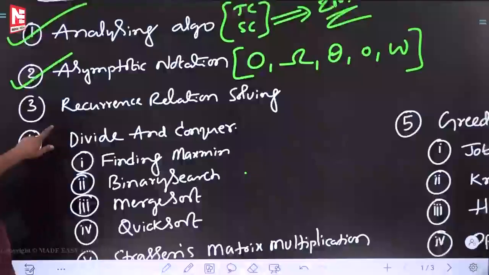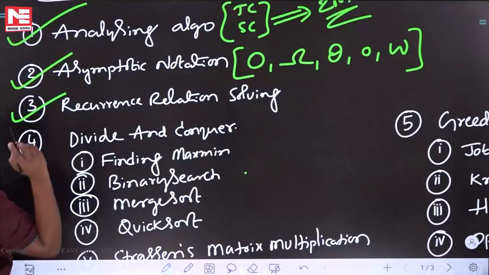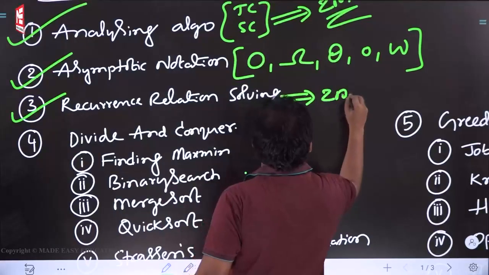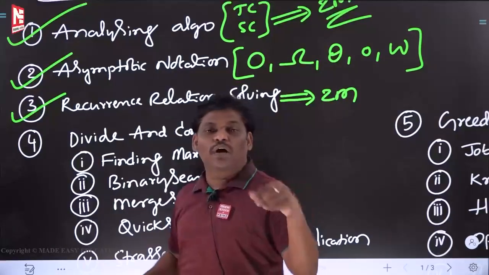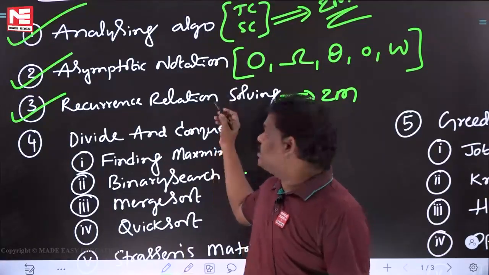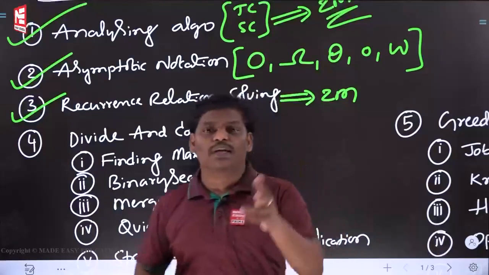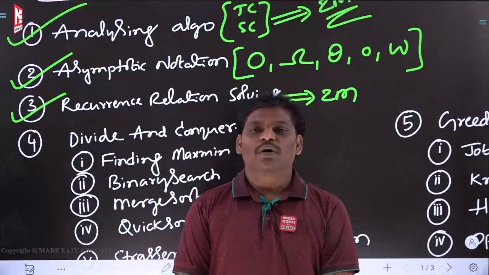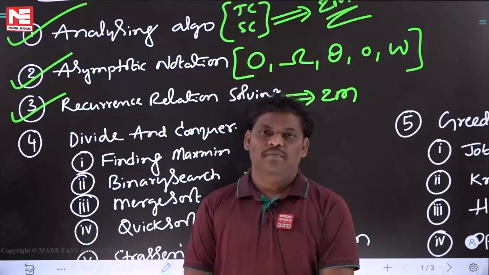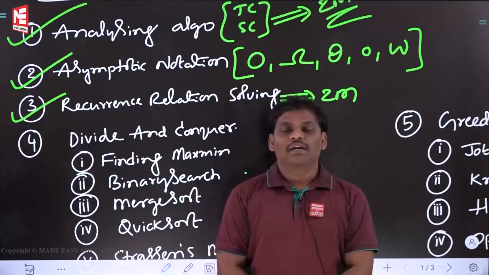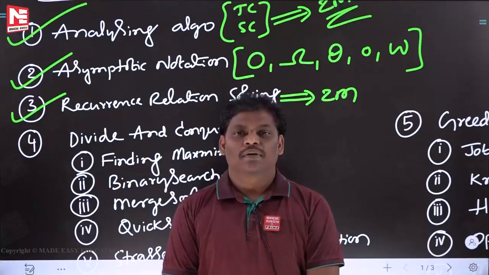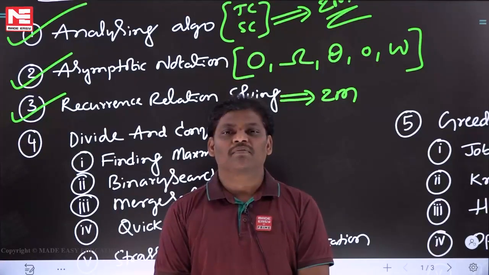Next one, recurrence relation solving. That is the next one. It is coming in most of the examinations for 2 more marks. One recurrence relation they will give, and you have to solve it. If they don't give it directly, it may be required indirectly. Some people ask how many methods there are to solve a recurrence relation. One is the master theorem, one is the substitution method, one is the recursive tree. 3 methods are there. If you know the substitution method, it is more than enough, but it may take some time. It will take a little more time compared with other methods.